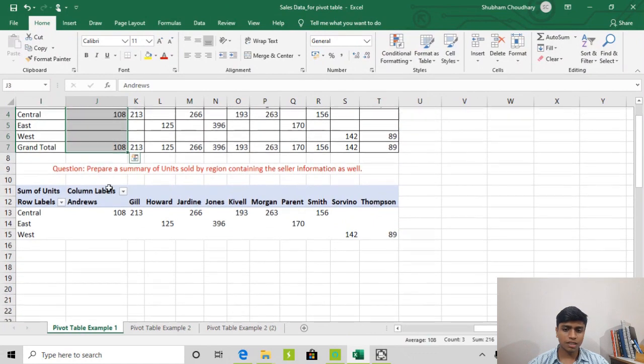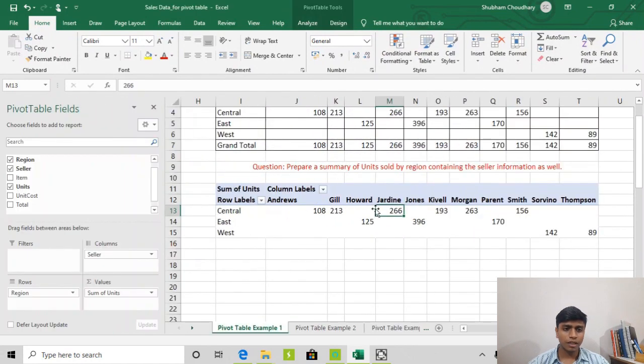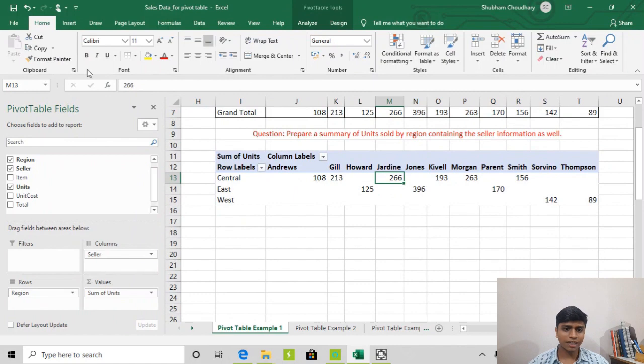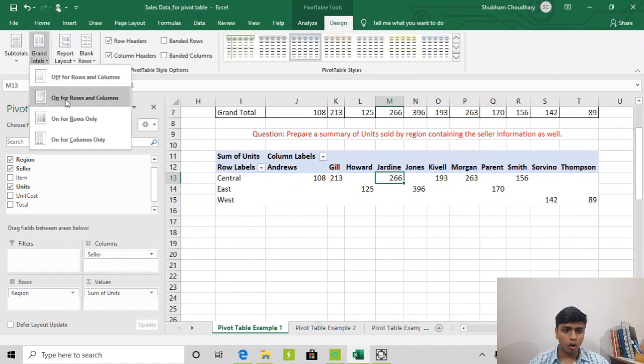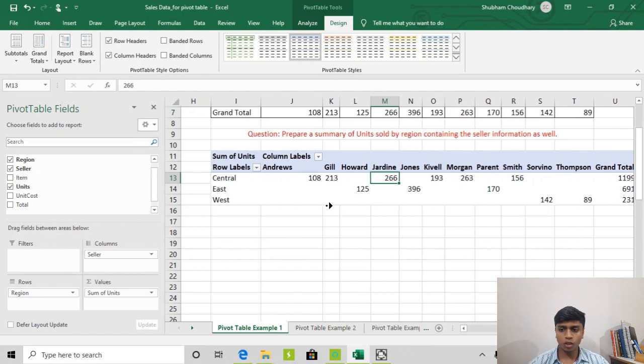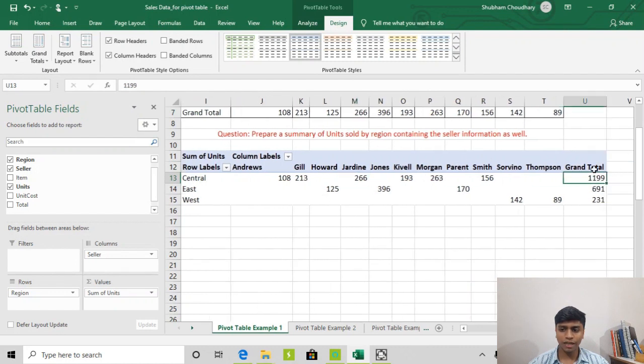So we will click again and go to the Design tab again. From Grand Totals, now we will select on for columns only. Either we could have done on for both rows and columns as it was earlier, or we can do on for rows only. If we do that, it will calculate the grand total for the rows, and we will have the grand total at this location, which we do not have in the question.